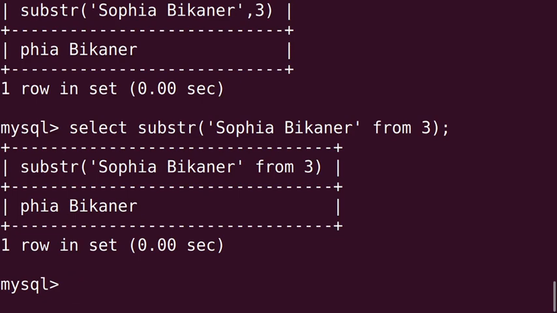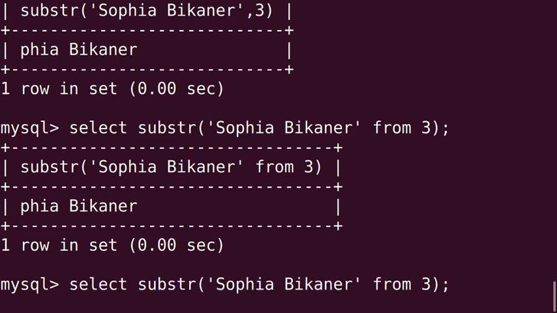Next, third syntax. Select substr Sophia Bikaner, that is our string. With the same string we can continue and then we can give position, suppose that is 3, comma, and we can give the length. How many characters to be picked up?